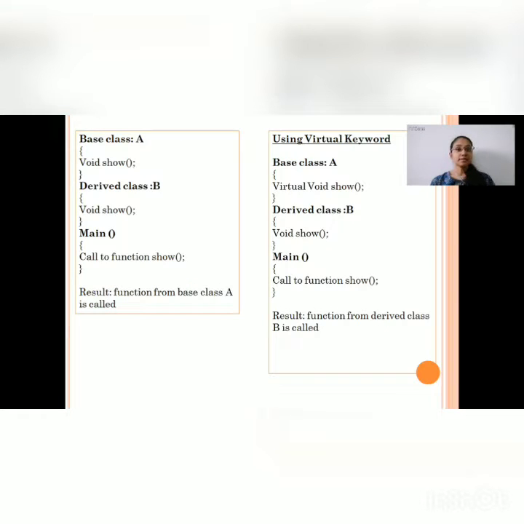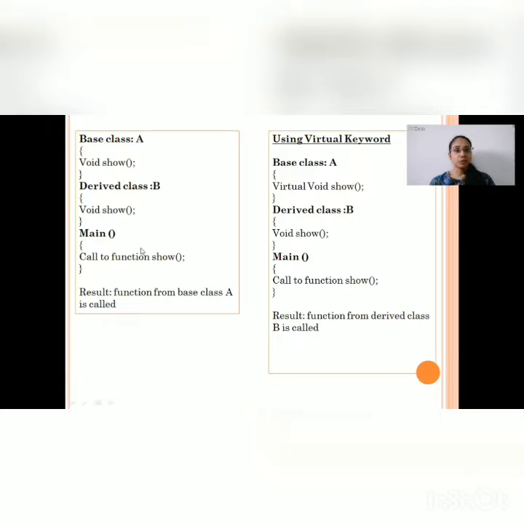Let's see this with example. Now, this is a base class A. There is one function void show in this base class. There is another derived class B, and the same function is defined in a derived class.